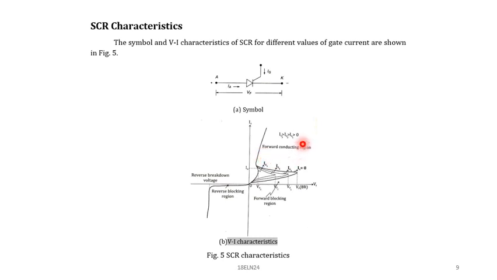And here, because of the gate voltage or gate current, your SCR is going to a conducting state, from forward blocking state to a forward conducting state. So this is about the characteristics. And here one current is mentioned, IH, that is called the holding current. It is actually the current which is required to go from turn on state to a turn off state. So we'll discuss all these parameters next, all the parameters of SCRs.